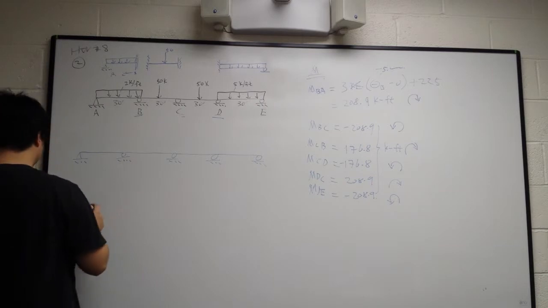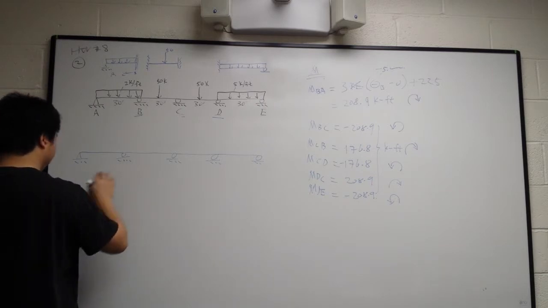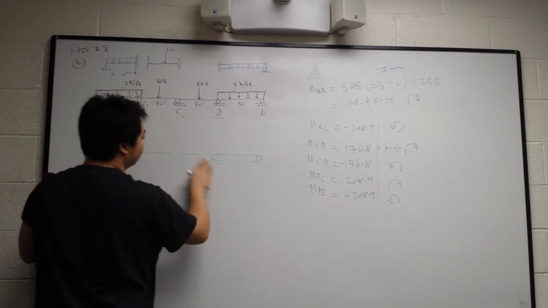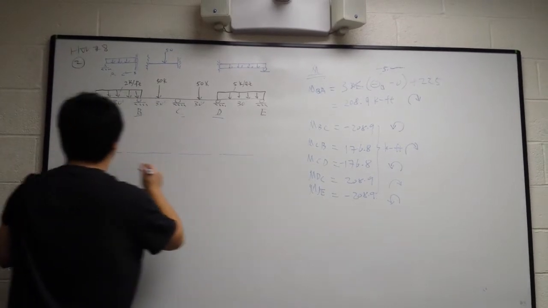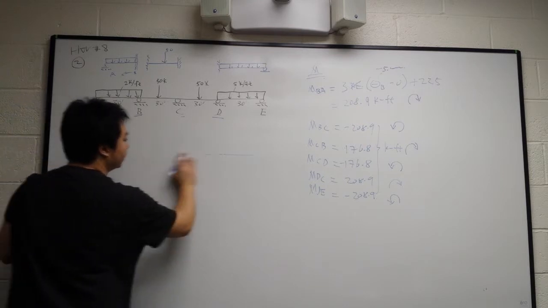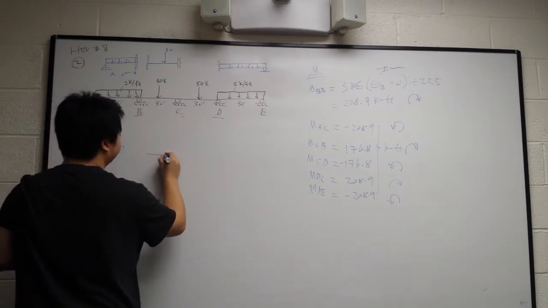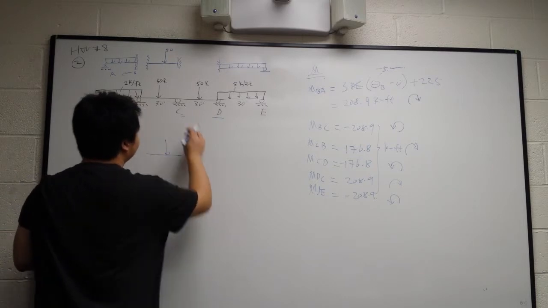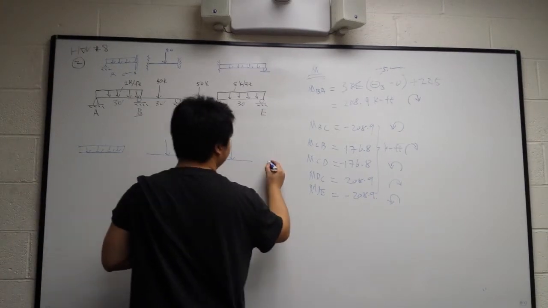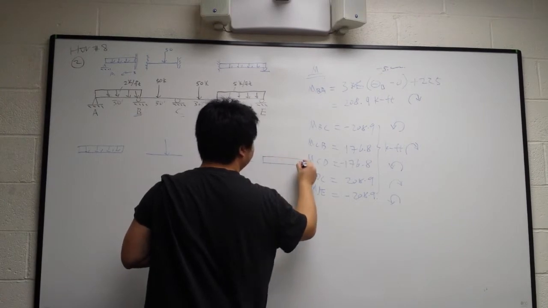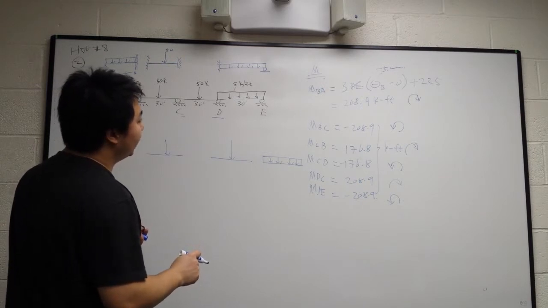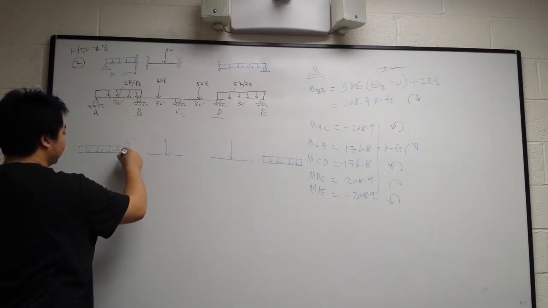Do the same thing. You draw this. Not too close. Second span. Another. So for BA, doing that way, so you can have this